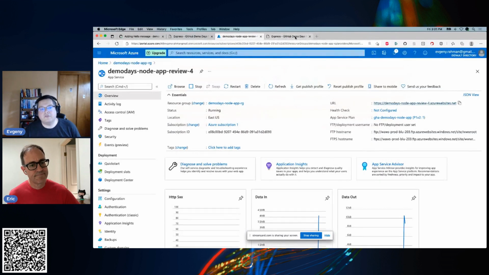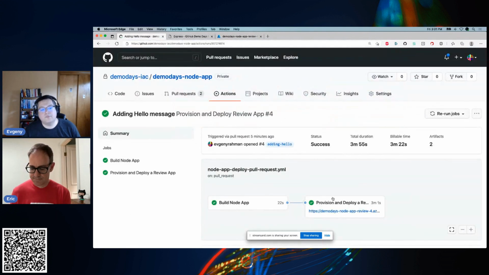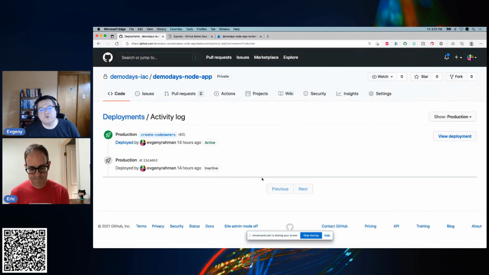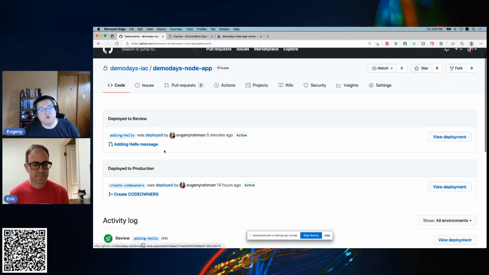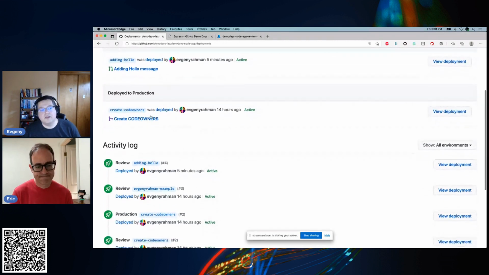So then if it looks good to us, everything is great, right? Like, what can we do with that? Well, we approved based on what we saw in here. And just to show you one more thing, these environments that we're talking about, right? So we have our production environment. It shows you that it was deployed to 14 hours ago. This shows you that another environment was deployed to inside review, we also deployed, right? We just deployed. This is the traceability Eric was talking about.